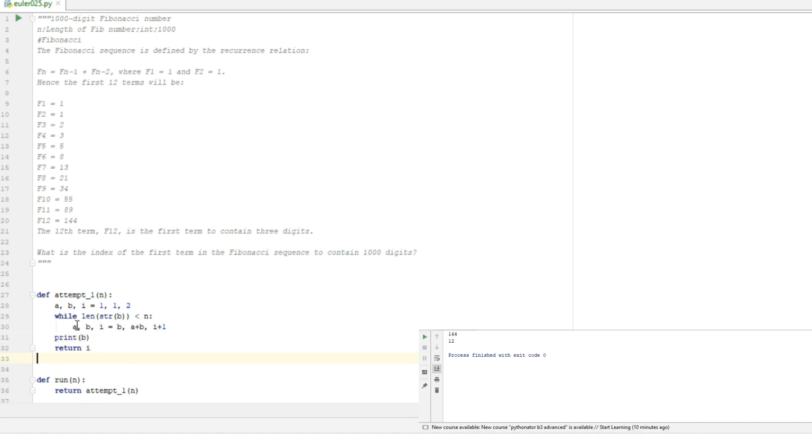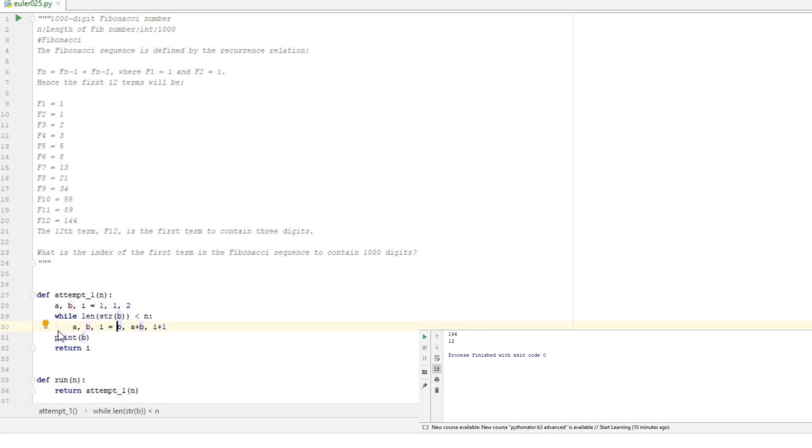So how does this work? Particularly we use the ability of Python to assign multiple variables in one statement. So here we declare an A, a B and an I, and we set these up to be 1, 1 and 2 as the start of the Fibonacci sequence is. So when we start this function we are already equal to the second index in the Fibonacci sequence, and we start calculating the third using practically the same syntax,